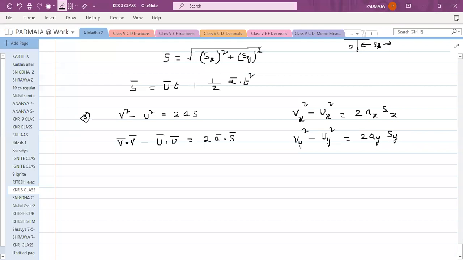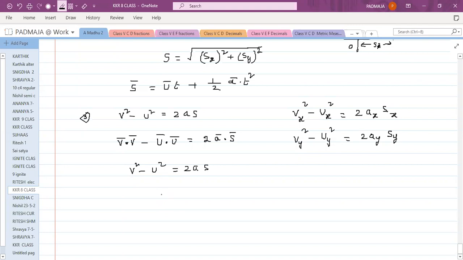And after finding vx and vy, you can substitute in the formula v square minus u square is equal to 2as. So if you are given ux, ax and sx, then you can find vx and finally you can substitute in this formula v square minus u square equal to 2as. So this is how you can resolve the velocity vectors, acceleration vectors, and the displacement vectors into components along